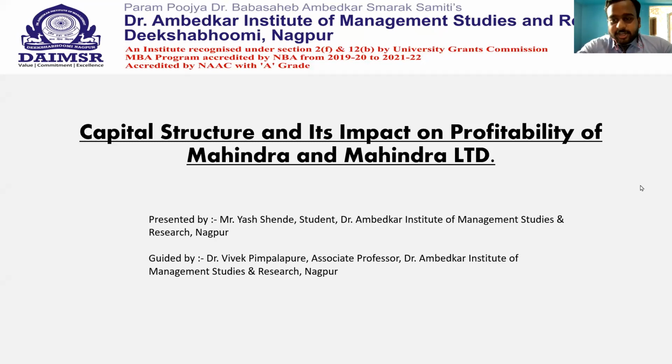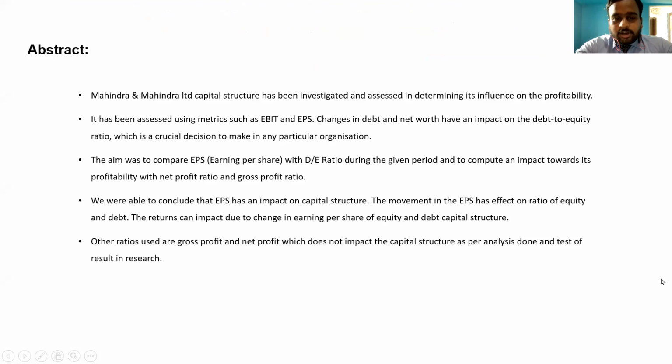So let's talk about the abstract. The abstract is a small view of what we have done during the period of research. We have analyzed and investigated Mahindra and Mahindra Limited by means of debt to equity ratio, earning per share, net profit ratio, and gross profit ratio. These are the various variables which we are using during the study period. The study period will be of 5 years, which we will see